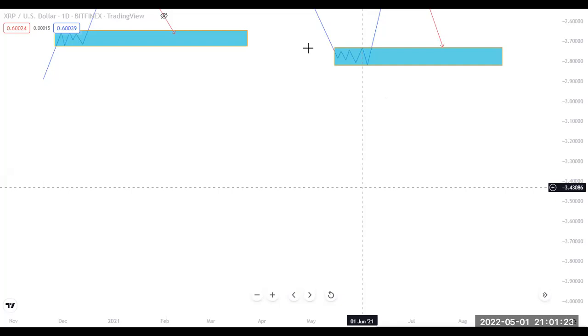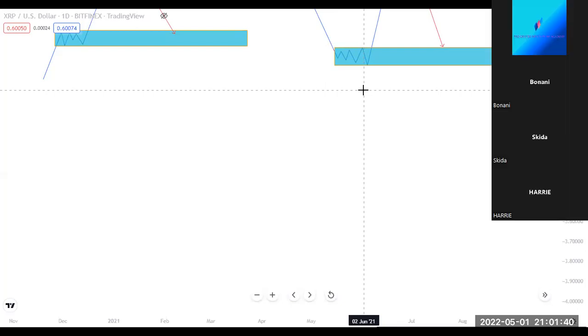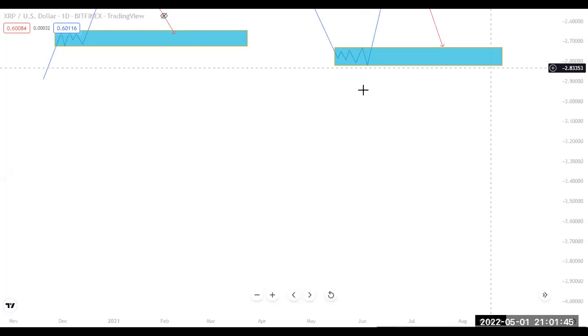So now let us move into supply. The supply zone is where we're looking for our short entries, or where we want to close our buy orders. More often we find this supply zone in a downtrend, indicating a continuation, and you can also find it in an uptrend, indicating a reversal.